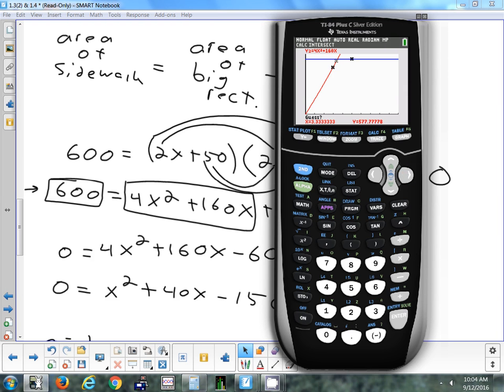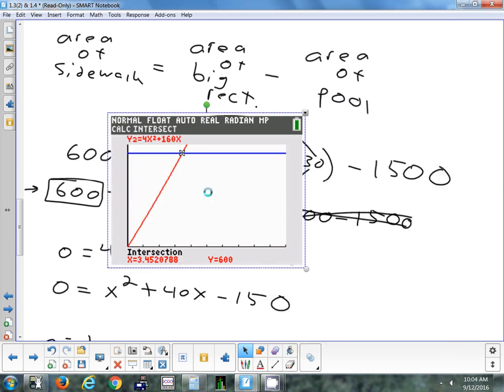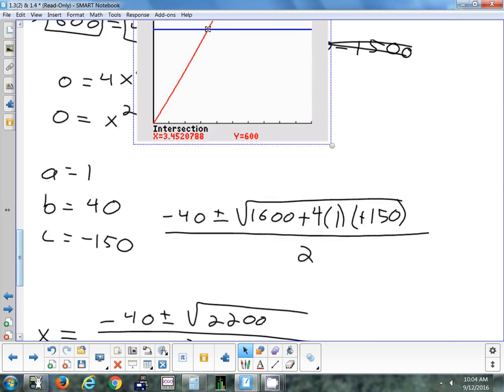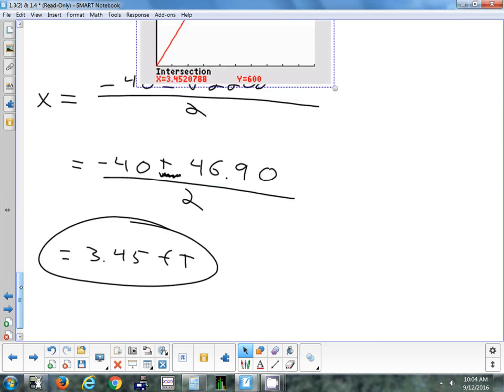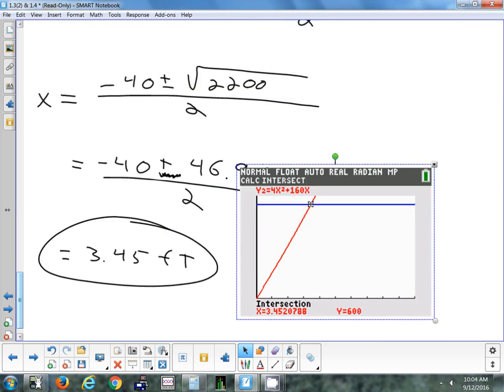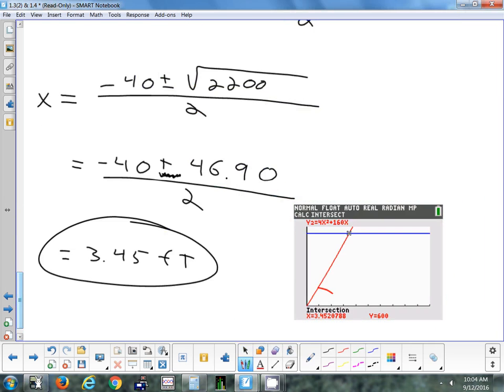And does the guess really matter? No, if there's only one intersection point on the screen, it'll find it. Okay, and it tells me. Let's move it over here. X is 3.45. Right,